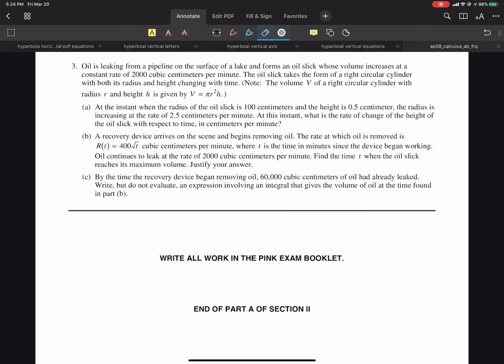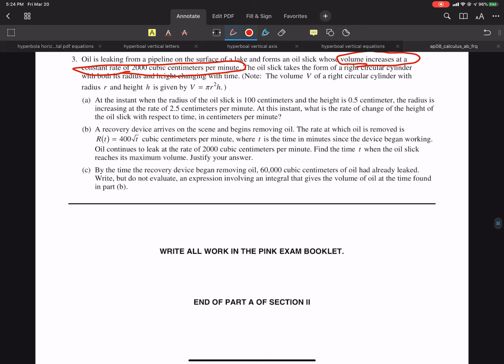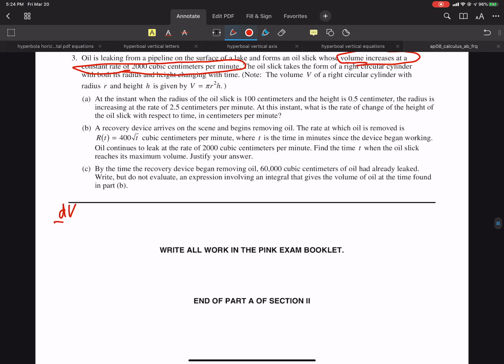Hey, AB students, we're on to number 3, the last of the 3 calculator questions. So we're going to highlight some things. Oil's leaking from a pipeline. It's producing an oil slick. So the volume increases at a constant rate of 2,000 cubic centimeters per minute. So that is the rate of change of volume. So that means the change in volume as time changes, and it's increasing, so it's positive,